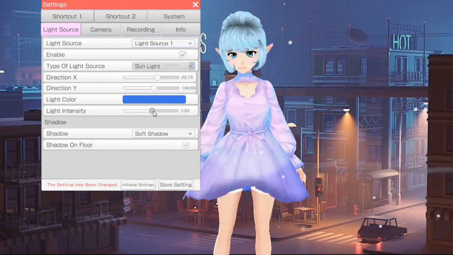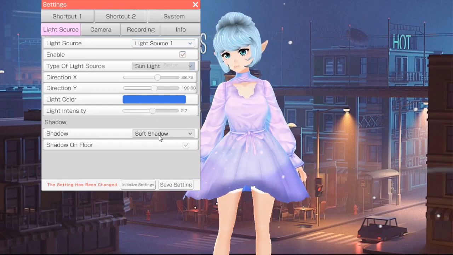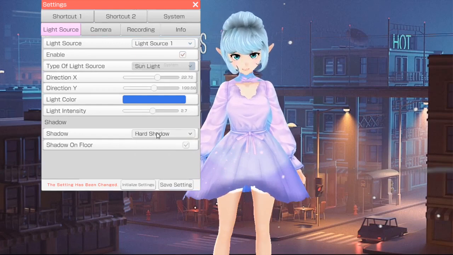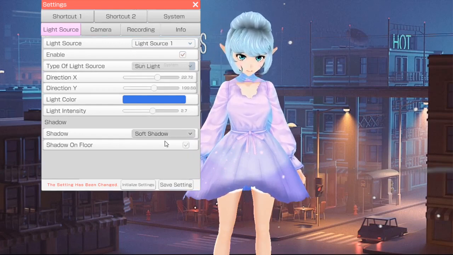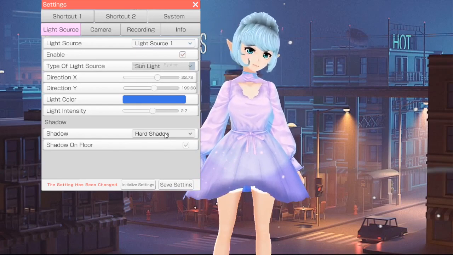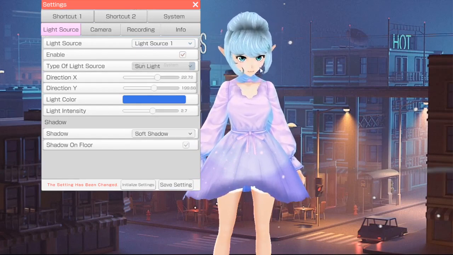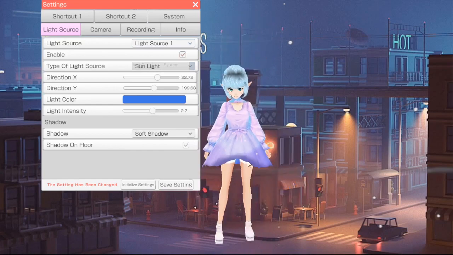Light intensity, this is going to say how intense is the light source. You know, is it darker or is it just blaring? It doesn't even matter what color it is. It's just so bright. Shadow, you can change your shadows to have harder shadows or softer shadows. So you can look under my neck and see what that looks like. This is like more of a pixelated shadow because it's hard. Soft makes it diffuse and look a lot nicer, again, in my opinion.